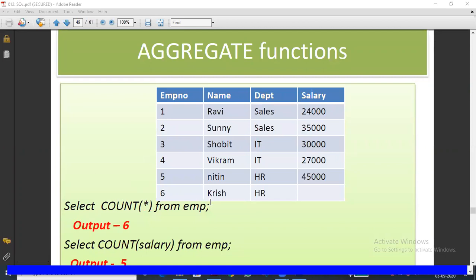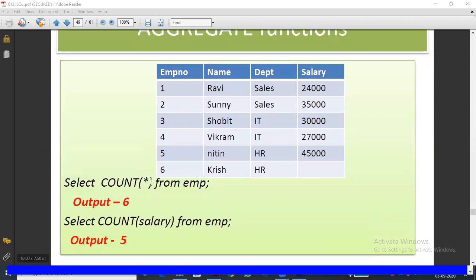And next we are going to see the last one, the count all function. What is the difference? You can see the count all function from EMP, it will count even if no value is given. You can see the table first. There are 6 records, the 6th record was entered, but we didn't enter the salary. So that means a null value is there in the salary. Count all from EMP, that is all means star. If you give star, whether the value is there or not, it won't matter. Even if it is empty or null, it will count that also.